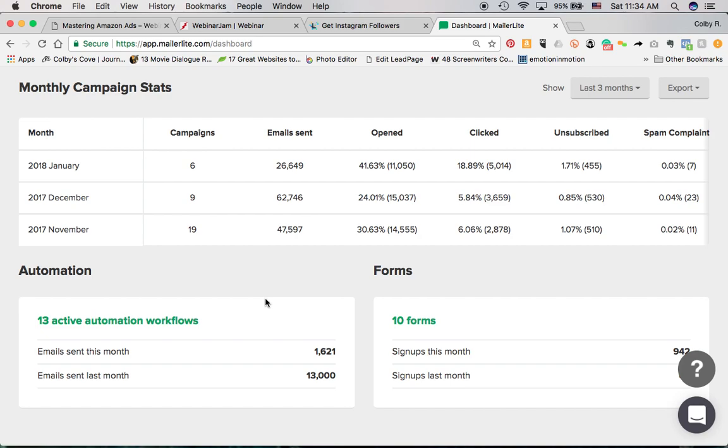So if you want new subscribers to get 5 emails from you over the course of 10 weeks, you can set that up from the beginning and just activate it, set it and forget it, and just make sure your new subscribers are coming into that particular workflow, and they will automatically receive those emails from you without you having to do anything after that. It's a very powerful way of really helping to welcome your readers to your list, to do email drip campaigns,